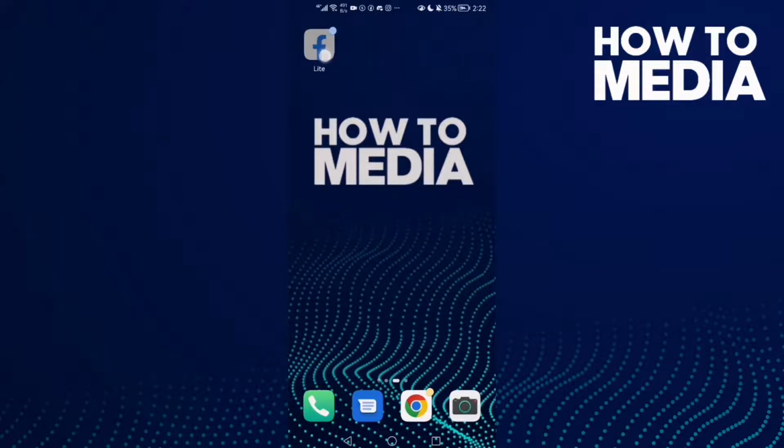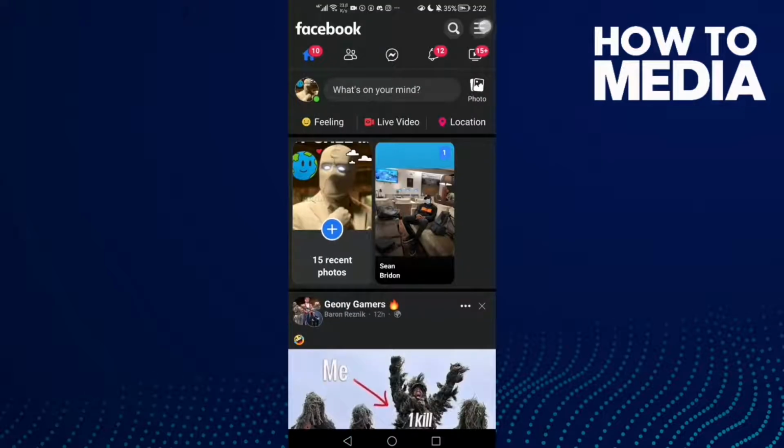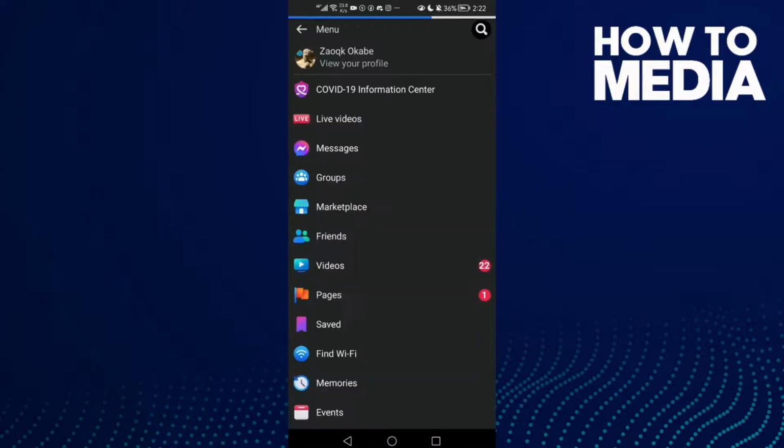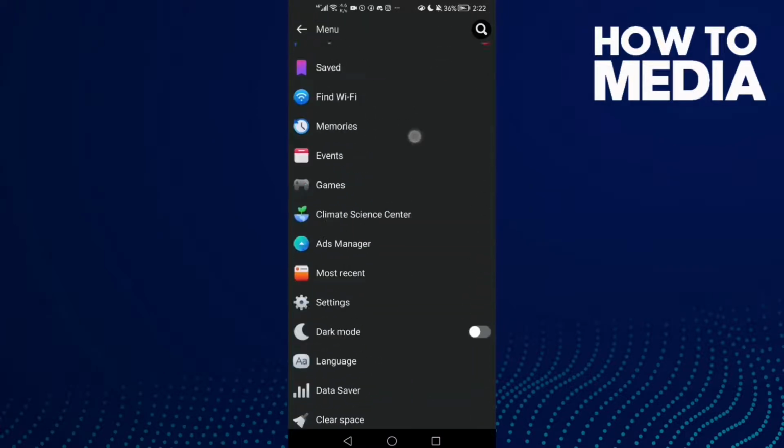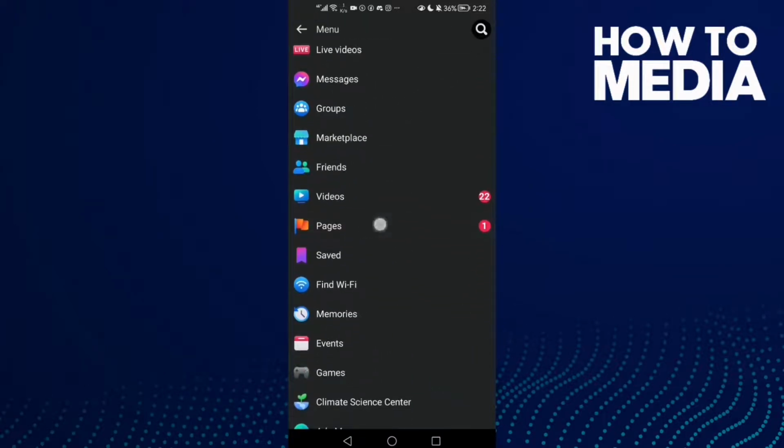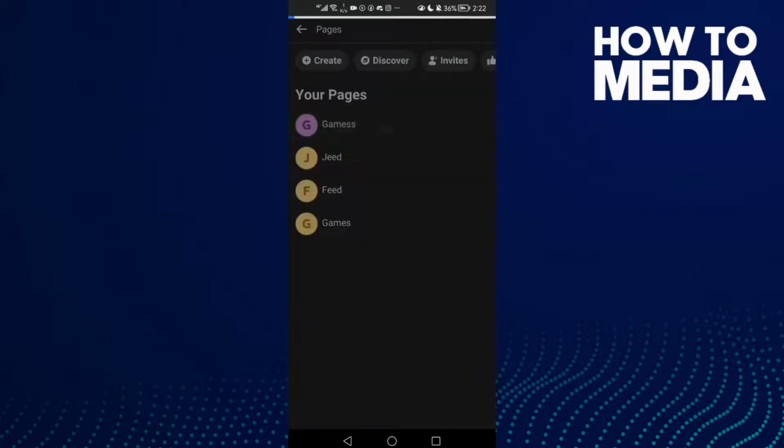First thing, go to Facebook Lite. Here you will find these three lines in the top corner. Click on it and then scroll down until you find pages, and now select your page